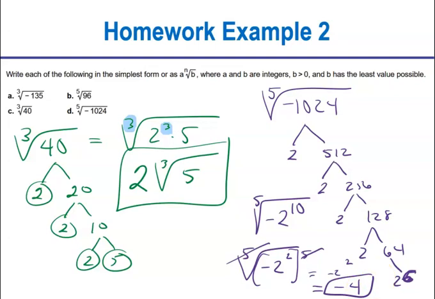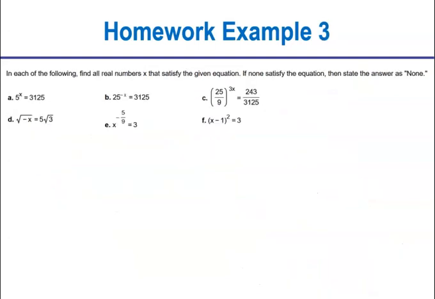And our last homework problem that we're going to go over together: in each of the following, find all real numbers x that satisfy the given equation. If none satisfy the equation, then state the answer is none. And I may or may not do all of these. We'll see. I do want to go through some of them, though. Get you used to this idea. So 5 to the x, looking at A, is equal to